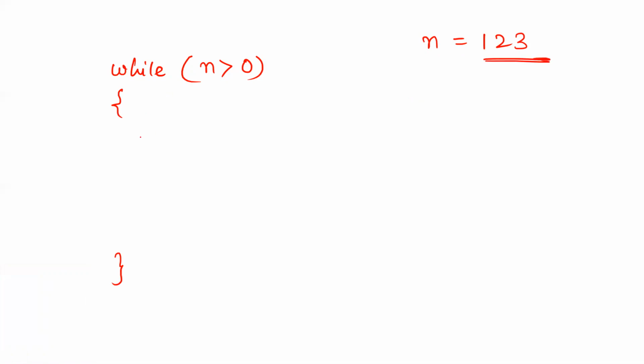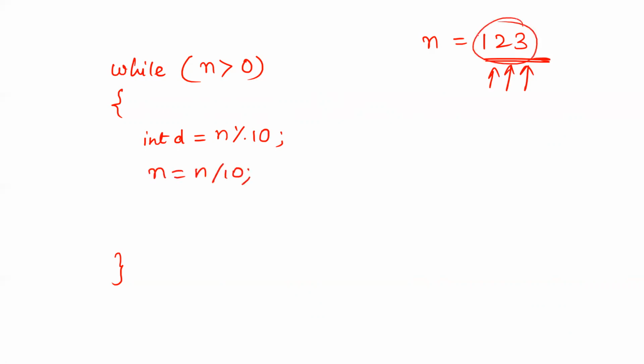So what will we do? First we will find the digit. For the digit, let us create a variable d. How can you find the last digit? We can do n mod 10. This will give us the last digit one by one. Next, we can update the number by n by 10. You can see when we have 123, d has 3. Then we update n to 12, meaning we have removed the last digit. Again we do n mod 10, which gives us the second digit. Lastly, it will give us the first digit. I will dry run this and show you, don't worry.